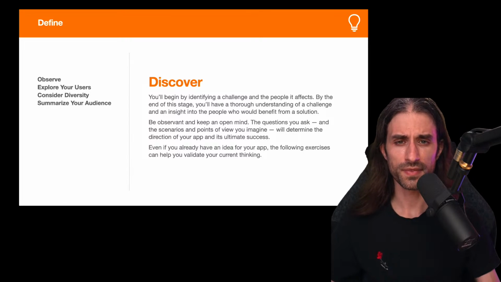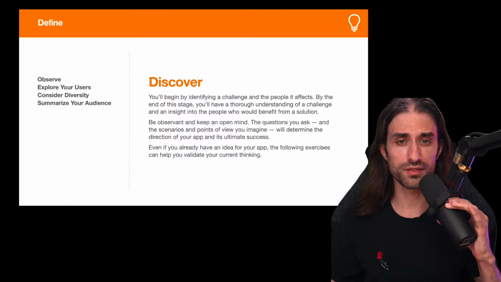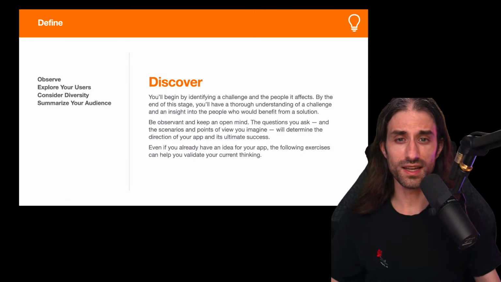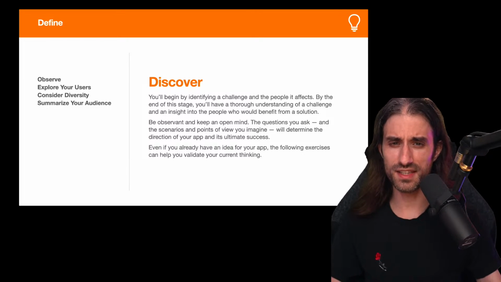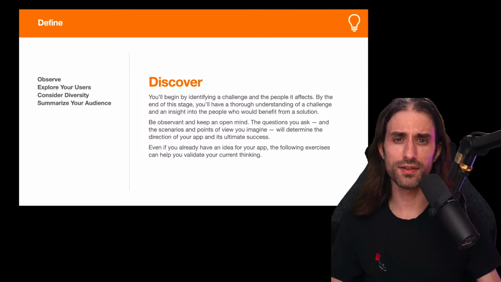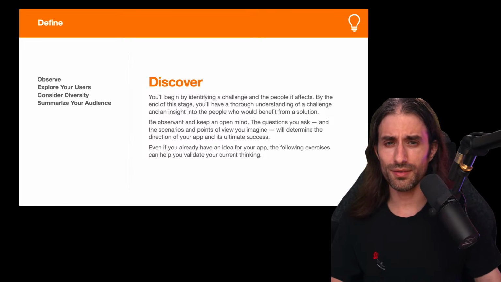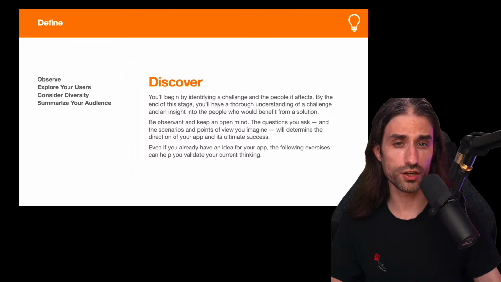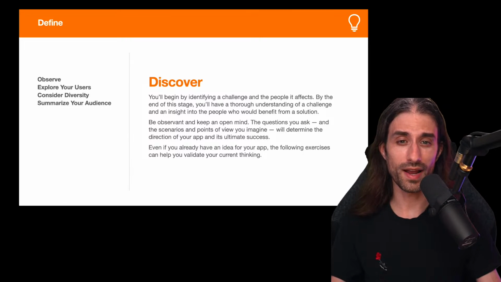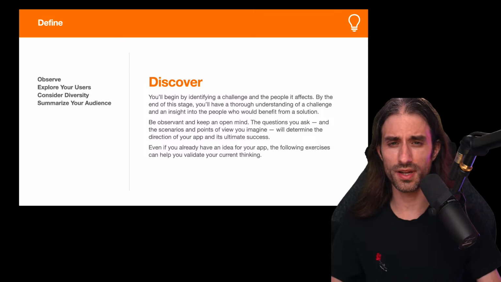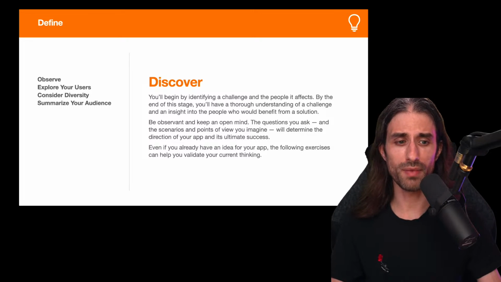Even if you already have an idea for your app, the following exercises can help you validate your current thinking. So this is super interesting because the part where you need to have an idea, and having an idea can be hard. And even when you have an idea, you still need to refine it in order to make the idea into a shape where it's exploitable. So this is something that I'm very interested in, because even though I don't have any project of being an indie hacker or creating my own app for now, you're kind of faced with similar challenges when you're doing content creation. And so I'm really curious to see how these ideas are laid out, because I'm sure that there are some of these ideas that I will be able to also reuse myself in my content creation process.